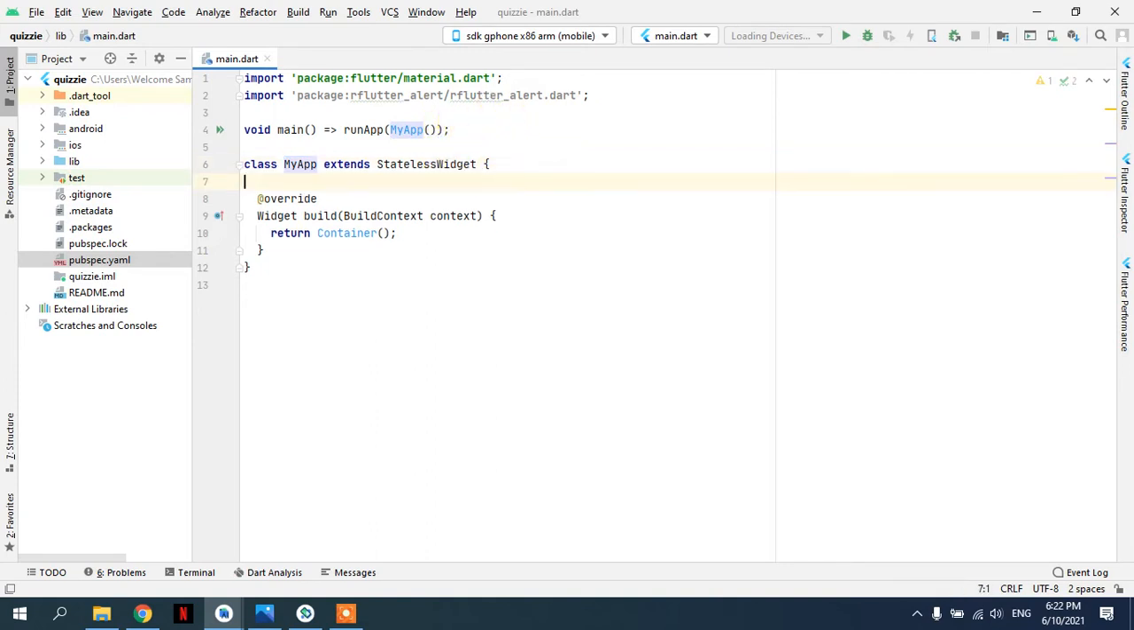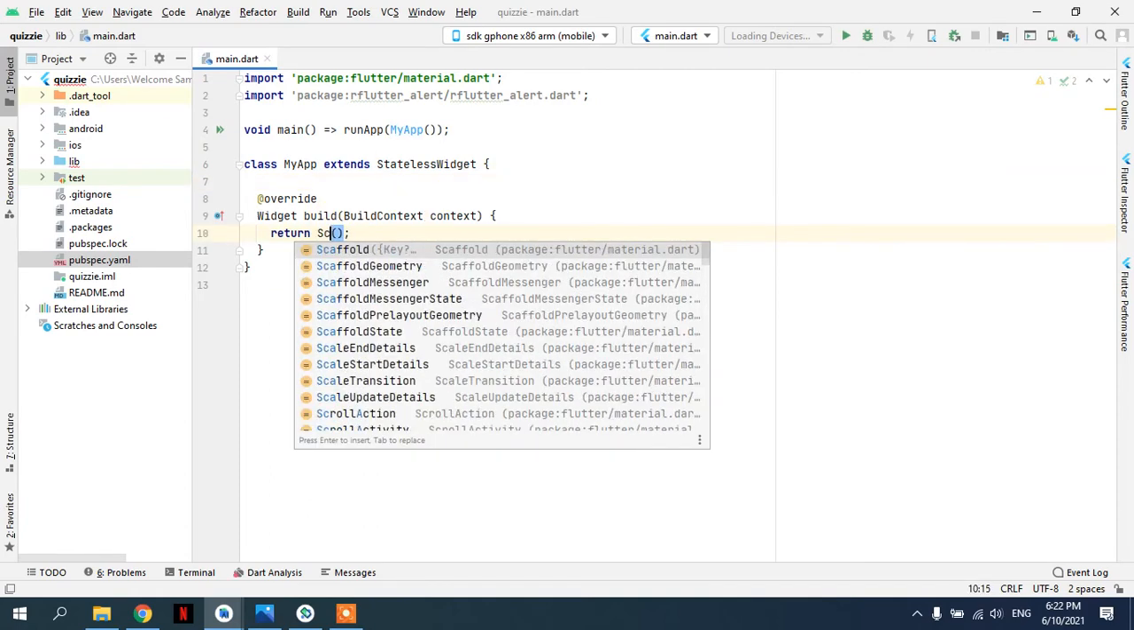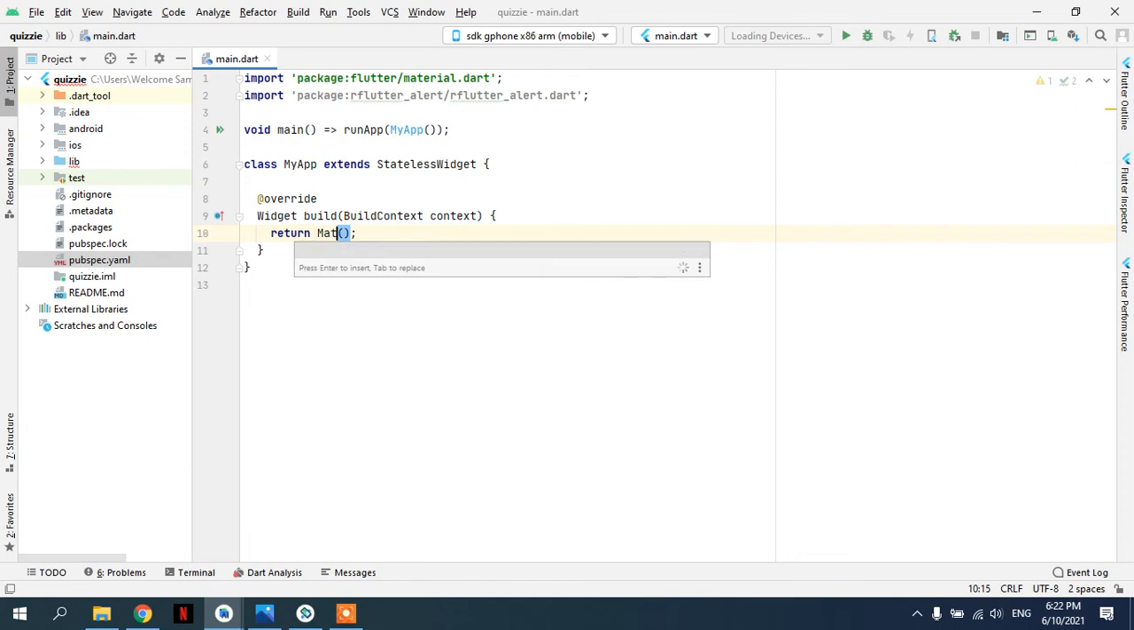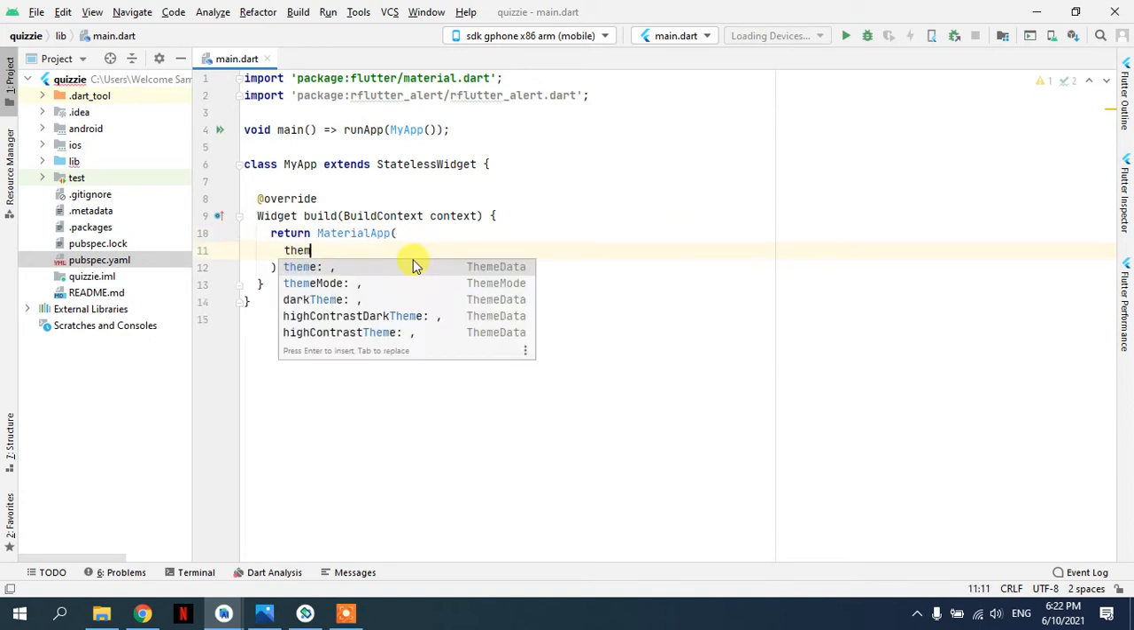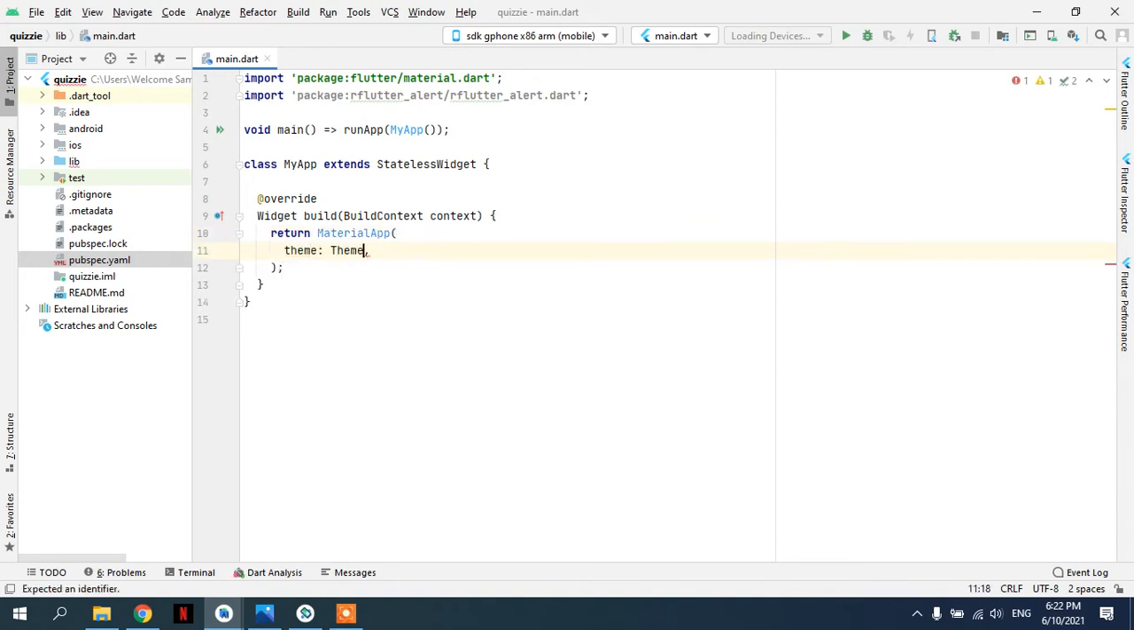Okay, so this is a stateless widget, first of all, because we want to create a material app, and the theme is ThemeData.dark, and home is HomePage. We can just say MainPage maybe,